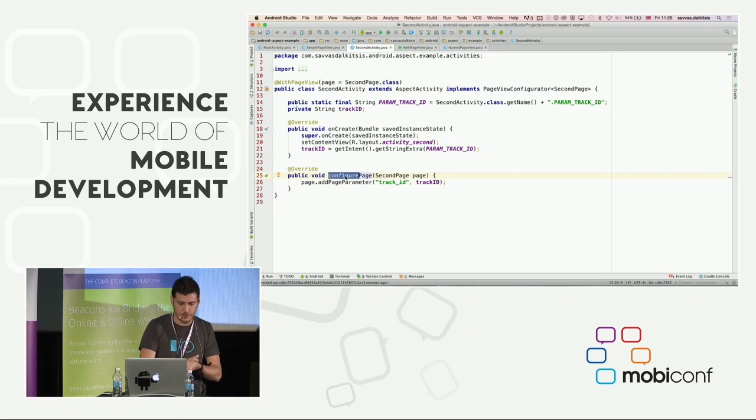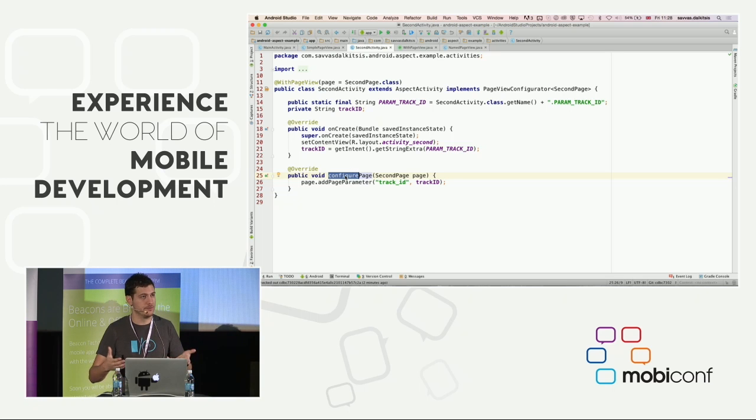Now, before I continue here, I need to explain some things. The whole point of this library is to allow, first of all, to take those cross-cutting concerns such as advertising and analytics and move them out into reusable objects so you don't have to keep writing the same code over and over again, but also to separate them from your business logic. Now, the whole point of ads is to generate money. They're not part of your app. No user downloads your app to watch ads. That's not the main purpose of your app.